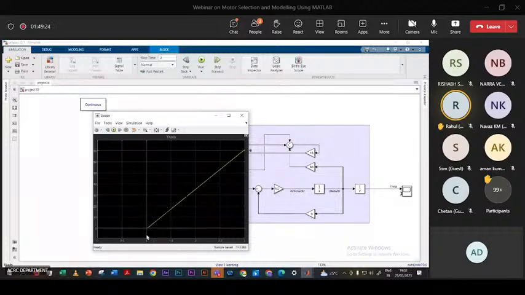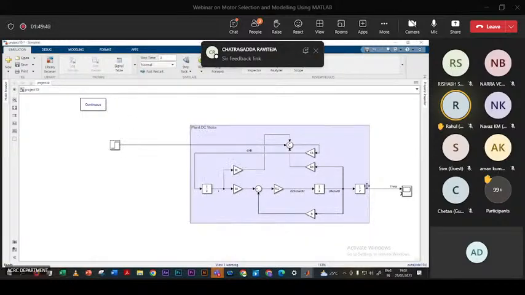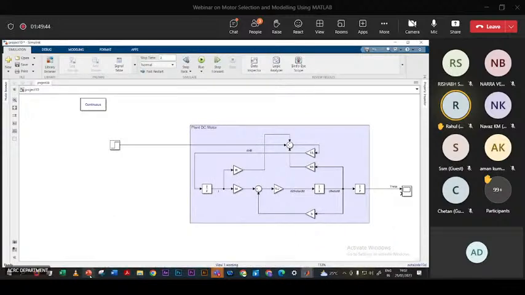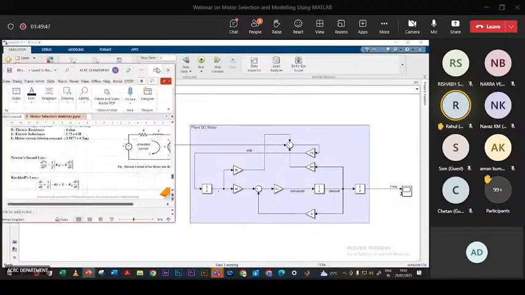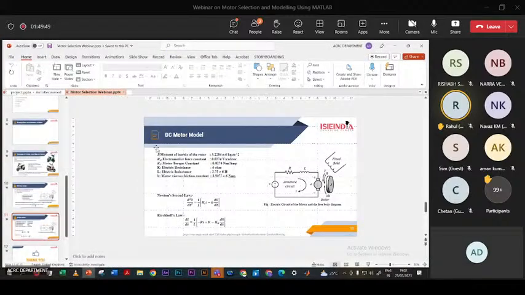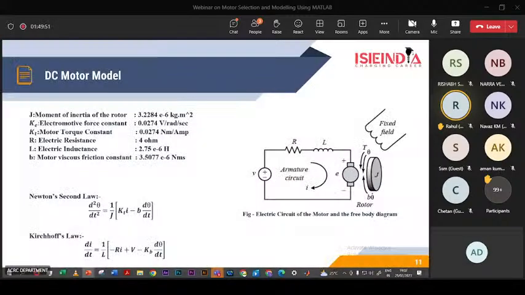So we can see how the theta position is changing per second. Till when I didn't apply any voltage, we have zero rotation. But when I apply the voltage, I can see that theta is increasing, like 10, 20, 40 over the time period. So this was all about the mathematical modeling of the motor. Through these equations, I model the overall DC motor,